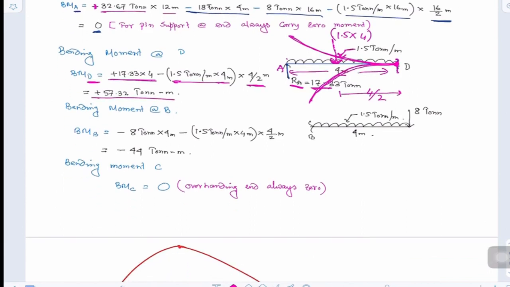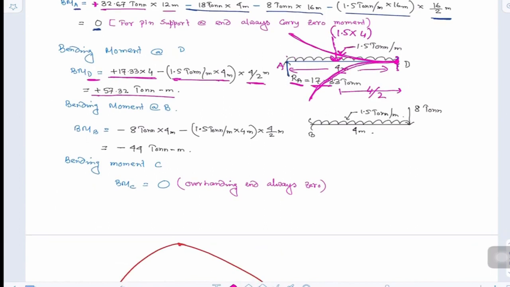Similarly, at B, I have cut at B from the original beam and I have considered the right portion. Any side you can consider, you will get the same answer. Either from the left side or right side, you will get the same answer. So from the right side, this 8 ton is in the downward direction. B is fixed, because I am interested to find the bending moment at B. Because of fixity, the 8 ton will try to rotate the BC portion as crying. So 8 into this 4 meter will cause a moment which will be negative. So minus 8 into 4 ton meter is the negative moment.